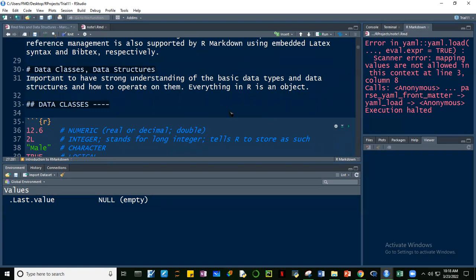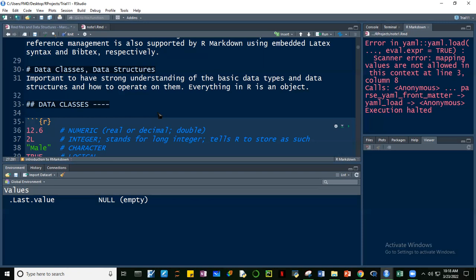Yung really understanding what R and RStudio can do. So, since this is data analysis, yung unang lesson natin will be formal lesson, no? Kasi lesson naman yung kanina. No? Our first formal lesson will be data classes and data structures, different types of data. And it's important to have a very strong understanding of basic data types and data structures and how we operate them, how we manipulate them. Okay,